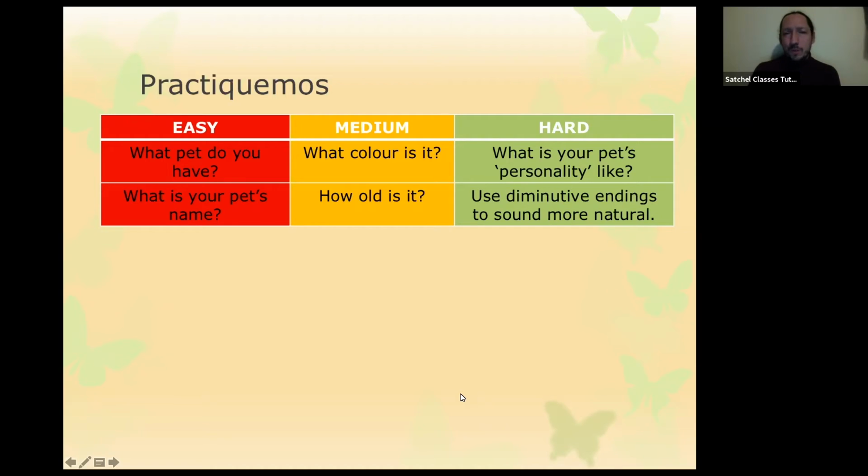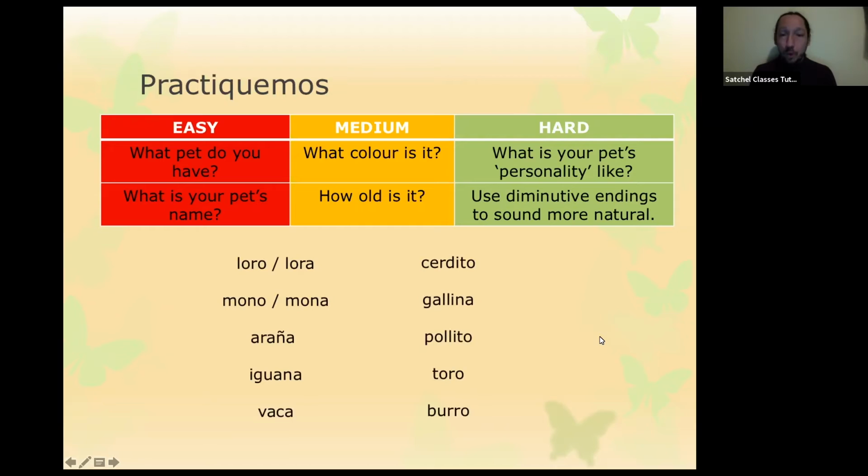Now, what if you have other animals? Well, let's have a look. I have loro, lora, mono, mona, araña, iguana, vaca, cerdito, gallina, pollito, toro, burro. Now, these are some words that I kind of came up with whilst I was doing my list, but feel free to include as many animals as you want, always keeping an eye on the masculine and feminine